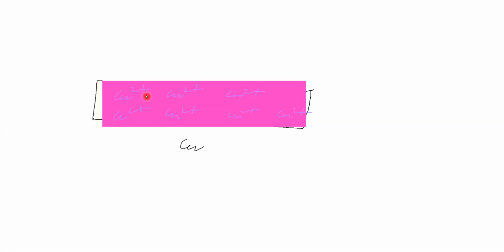Now we will consider current, and how the electrons will flow. We have taken a battery and connected it like this. This is the negative pole of the battery and this is the positive pole. The negative pole is electron rich, and the positive pole is electron poor. Electrons come from the negative pole, move like this, and reach the positive pole.